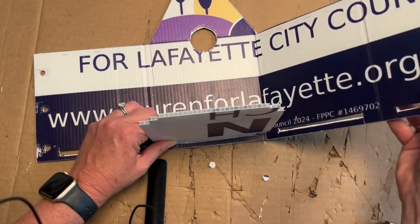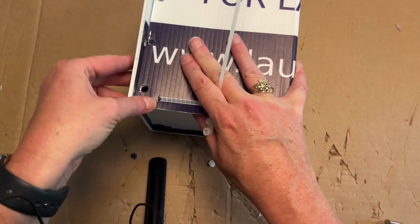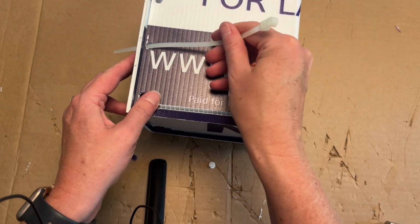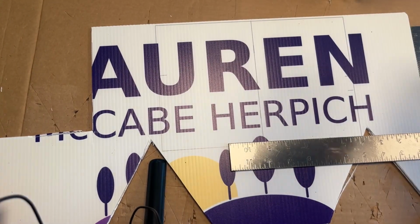All right, now take your floor piece, wrap it with your walls. You have your zip tie, bring this other wall up. You might have a little gap here, not a big deal. And you're going to thread your zip tie through. Okay, so now that we have everything assembled, the base is assembled, looking good,